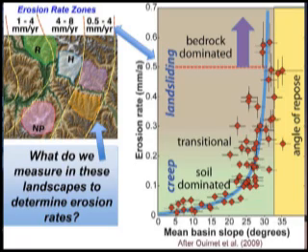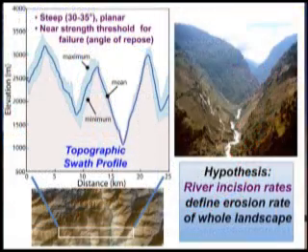All right, so how do we measure the rates within this landscape? And why do we think that, for example, we could use the incision rates of rivers to characterize the whole landscape? That's illustrated in this graph here, where we've taken a swath of the topography. Here's the swath where we're plotting maximum, minimum, and mean topography